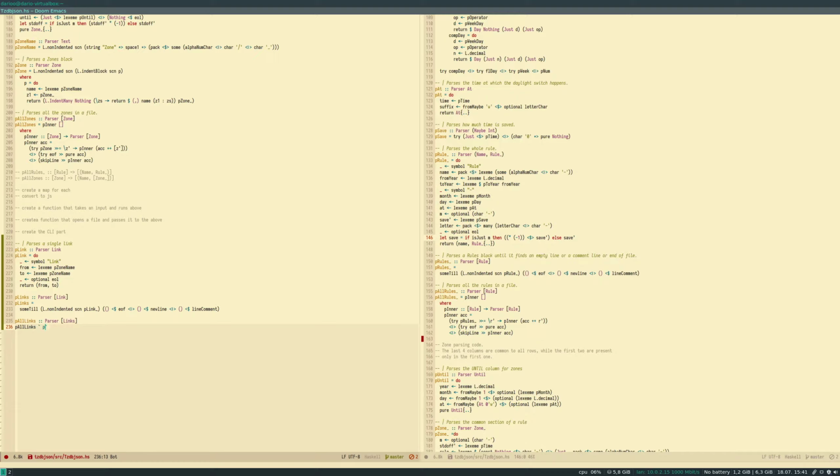So this calls p inner, where p inner goes from zone to parser list of zone, p inner equals, so we're gonna